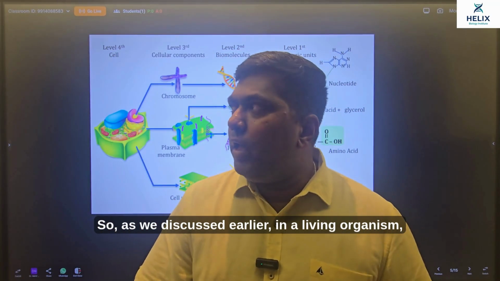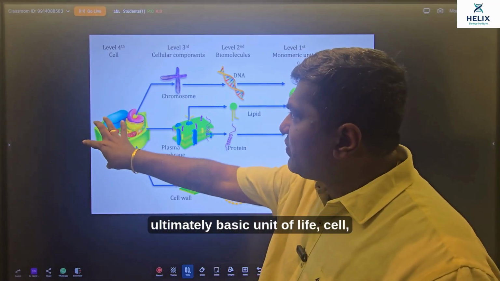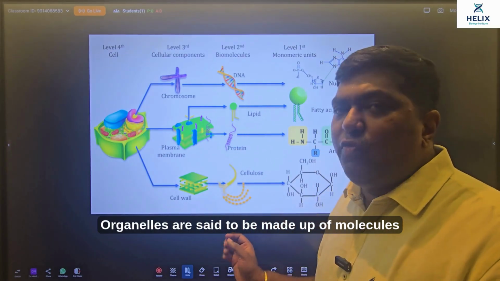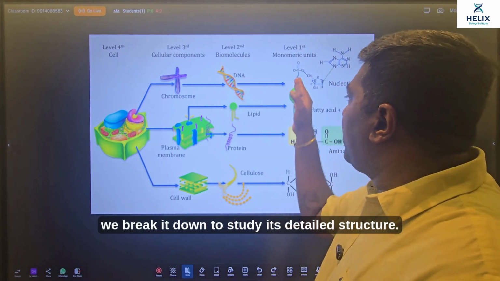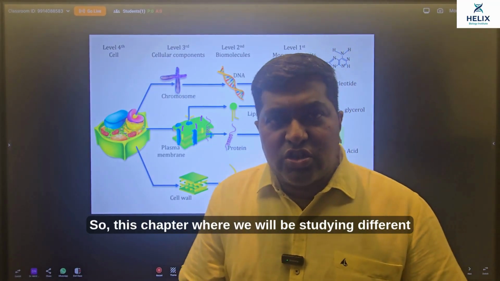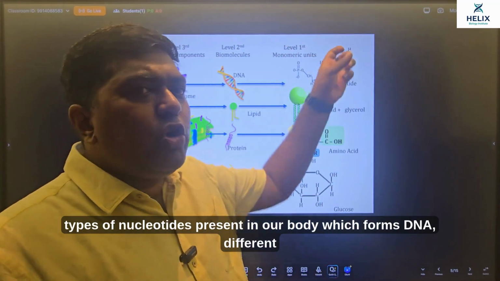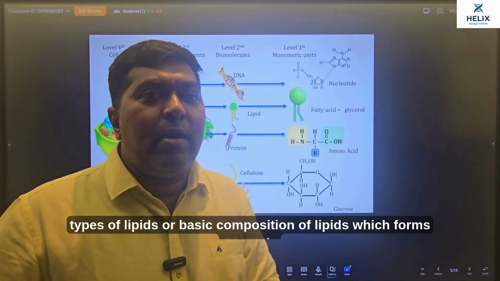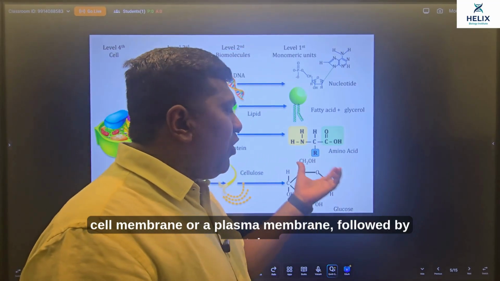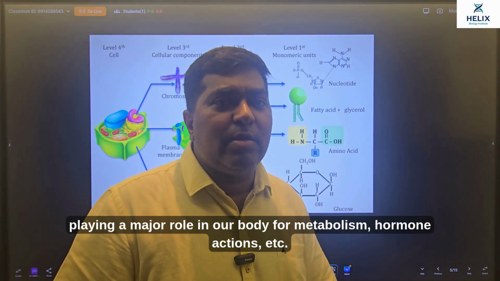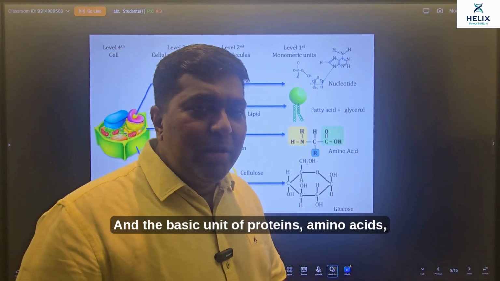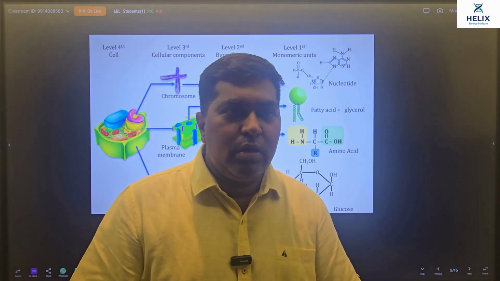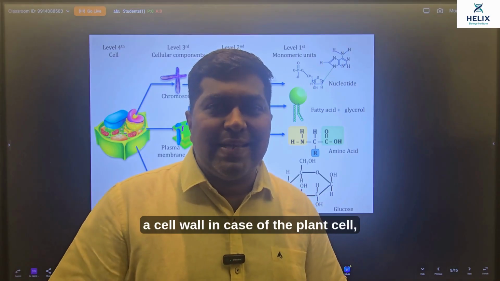As we discussed earlier, in a living organism, the ultimate basic unit of life, the cell, shows various components, or what you call organelles. Organelles are said to be made up of molecules, and now these molecules we break down to study their detailed structure. So in this chapter we will be studying different types of nucleotides present in our body, which form DNA, different types of lipids or the basic composition of lipids, which form our main cell membrane or plasma membrane, followed by proteins playing a major role in our body for metabolism, hormone actions, etc. And the basic unit of proteins, amino acids. We will be looking at various amino acids, as well as we start the chapter with carbohydrates. Carbohydrates, which not just form the cell wall in the case of the plant cell, but also